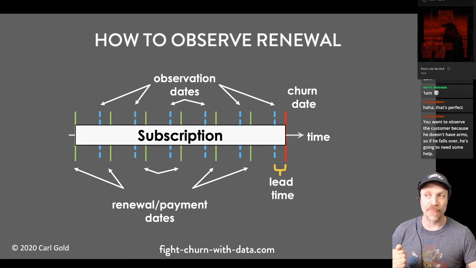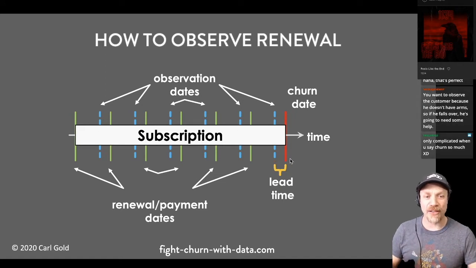final subscription. So then you also need to observe the customer earlier when they didn't churn. This is actually an important part of making a churn data set, is to observe the customers that churned before they churned, and that will actually give you non-churn observations of those customers. So getting kind of complicated, but the idea is to make a sequence of observations where the final observation will be a lead time before the churn, and all the other observations are a lead time before the renewal or payment.